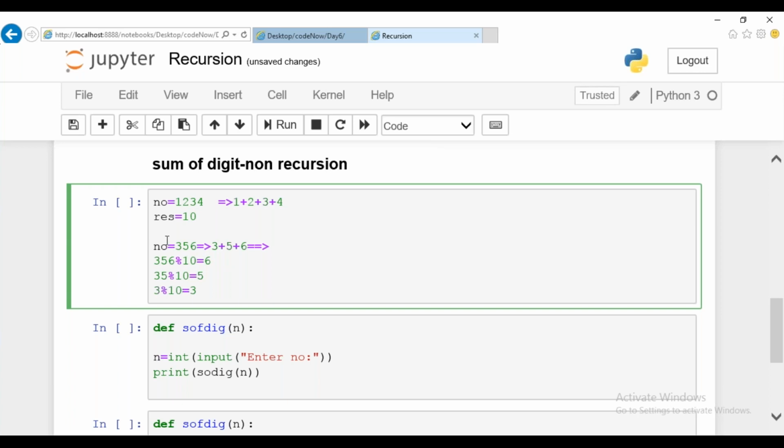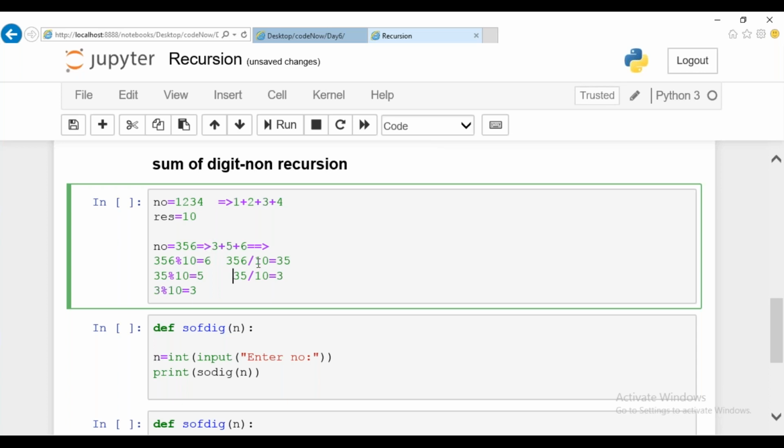In this manner, I can consecutively perform division on the number. Initially I take the number, do modulo, and get the remainder. I consecutively divide the number until it equals 0. Then we take the remainders and sum them. Take the number, find the remainder, we get 6.